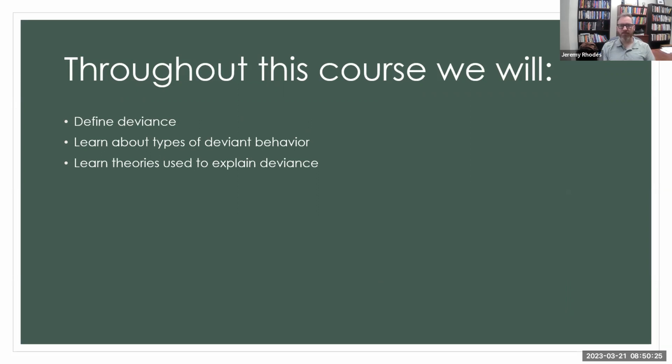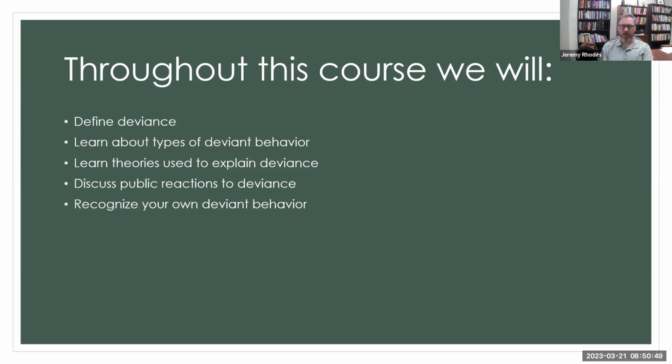If you took a crime and delinquency class, I teach that class at Harn Zimmerman, and I think there are others who taught it as well. We talk about some of these theories that explain why crimes occur. And so we will look at some of those theories in this class too, as they frame deviance instead of crime. We'll look at reactions to deviance, and we'll think about the ways our own behavior might be considered abnormal